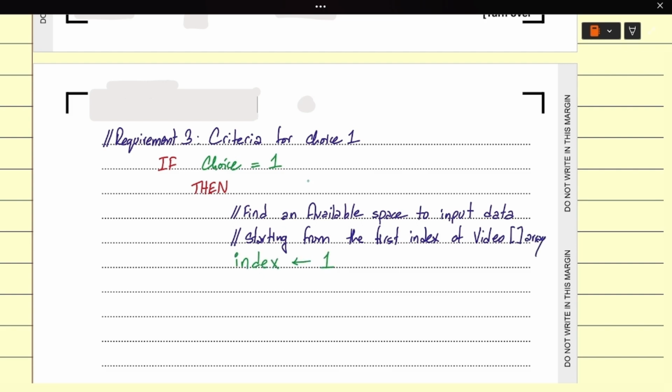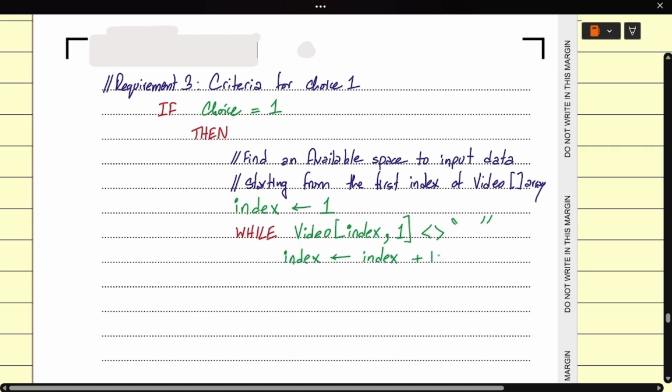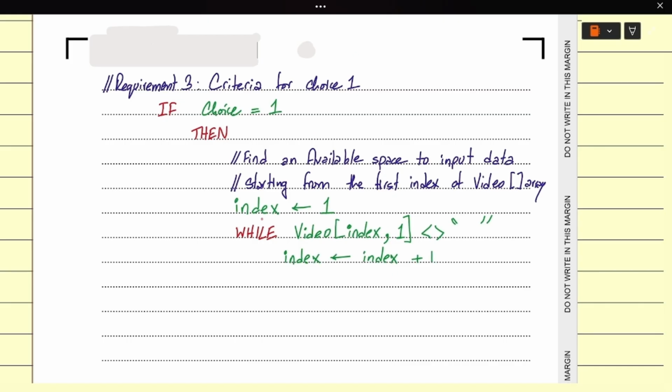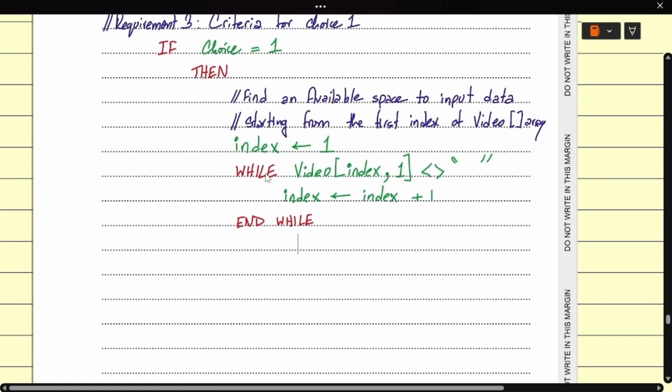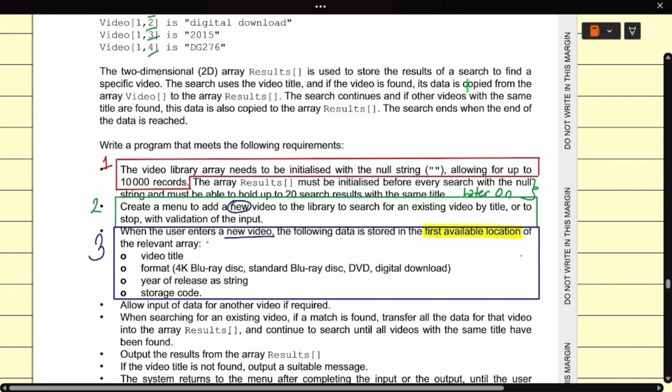So we need to search for an available space. So when index is assigned to 1, while we're searching in the video array, if the first position of the video array is not equal to the null character, then we are going to increment to the next index. If the first row is not equal to null, we're going to move on to the next index.